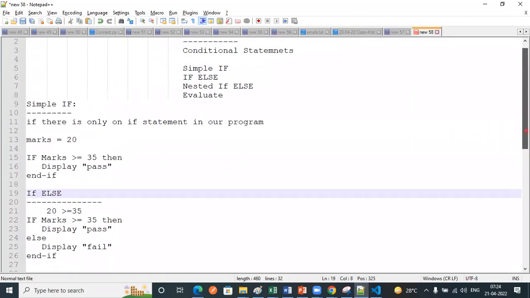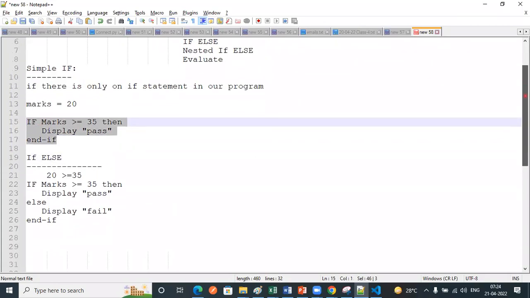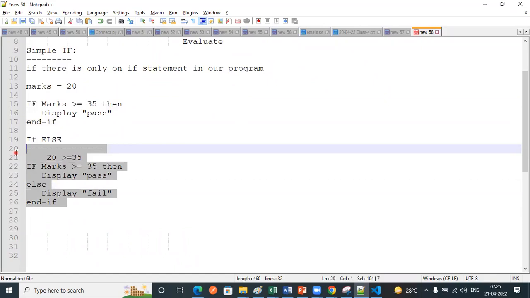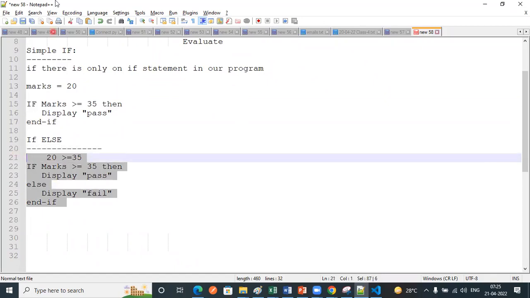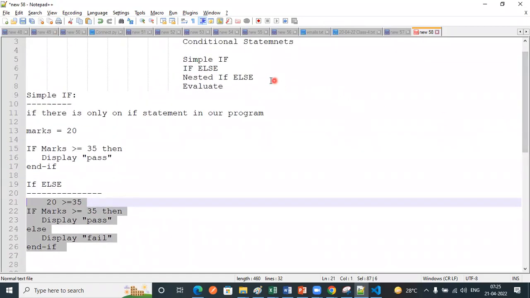Sometimes we are going to use only a simple if, where we are not going to validate any further statements. Sometimes we are going to use if else, based on our requirement. Okay, this is the major difference between simple if and if else. Okay, fine. Next, what is